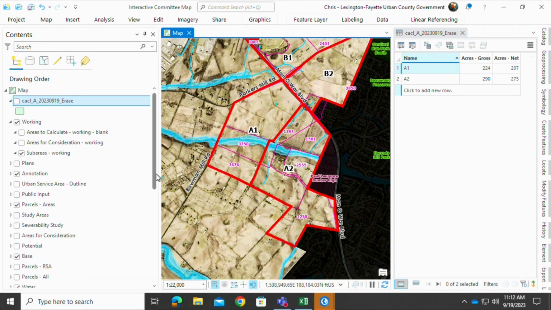And I would love to know the acreage numbers. I can't see them from here. And I appreciate Chris and Chris over there making maps for us on the fly. So thank you.